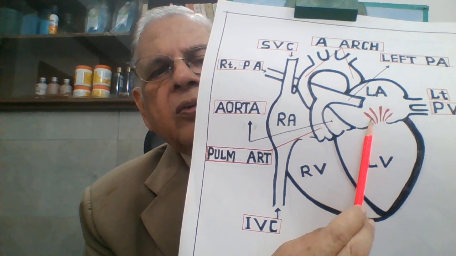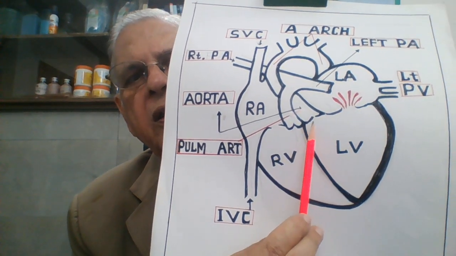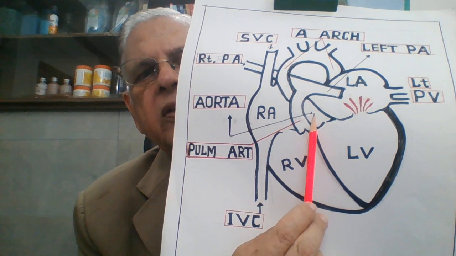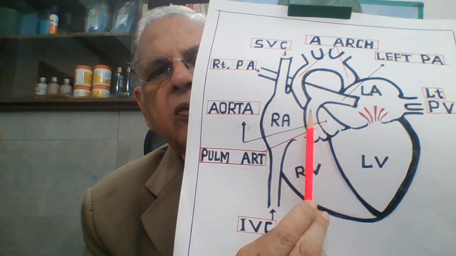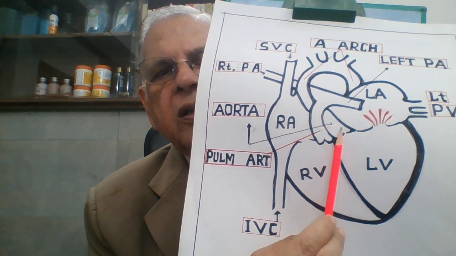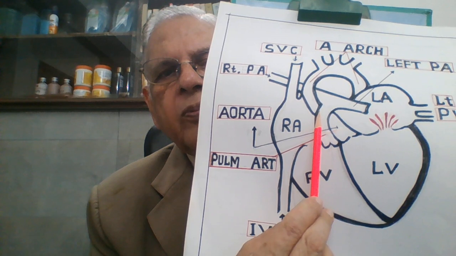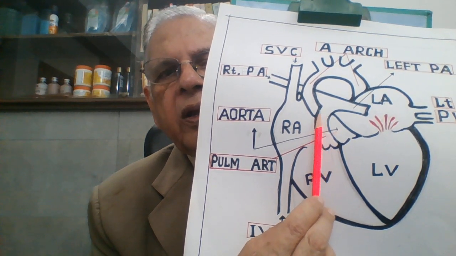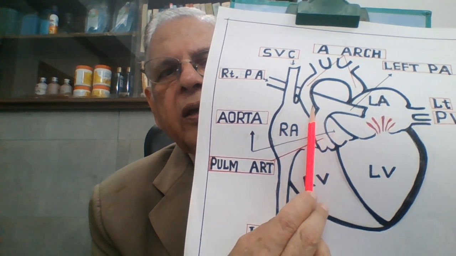From the left atrium, through this opening, it enters the left ventricle, and from the left ventricle, it enters the big channel, that is the aorta. This goes behind the pulmonary artery. That is why you don't see it here in continuity. I have shown you this portion and then this portion, because this portion is behind this, covered by this artery. This artery is on the front, aorta is on the back.